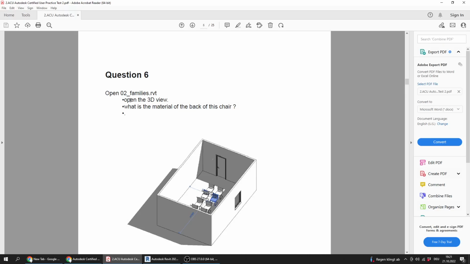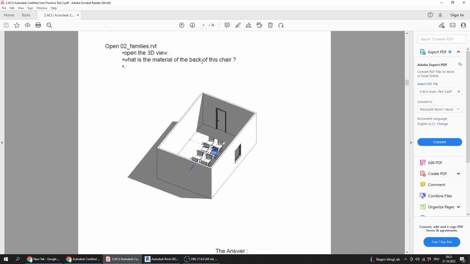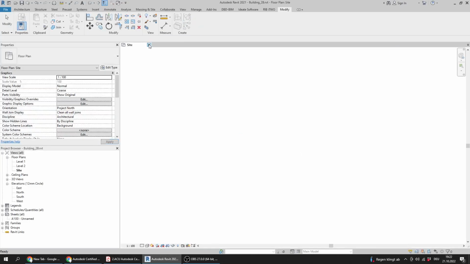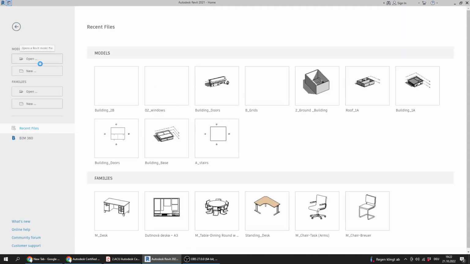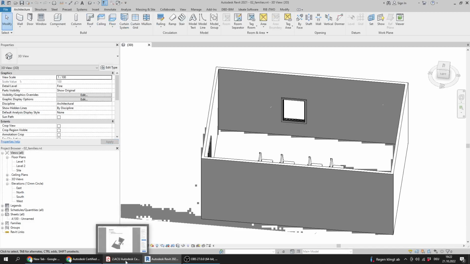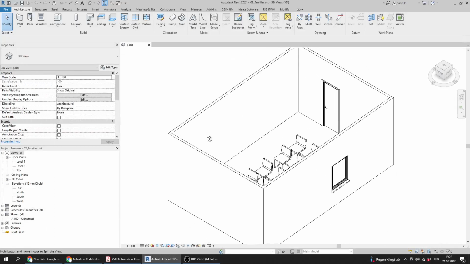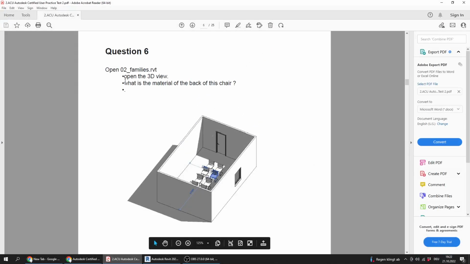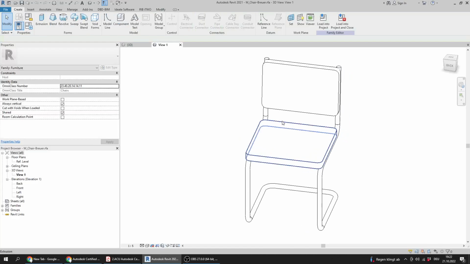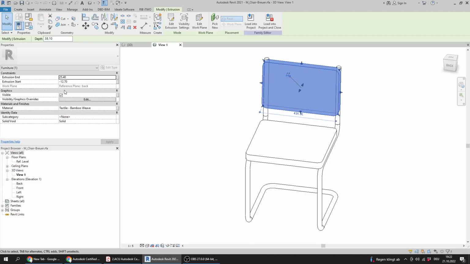Question number 6. Open 02 families and Revit. Open 3D view, and what is the material of the back of this chair? I will close that one, close that one. Don't want to save it. And I will open 02 families. And that's the 3D view. And here the question is asking about the material of the back of this chair. So I will go here and open the family by double clicking it, and then the back of the chair I will find here that's the material textile bamboo wave, and